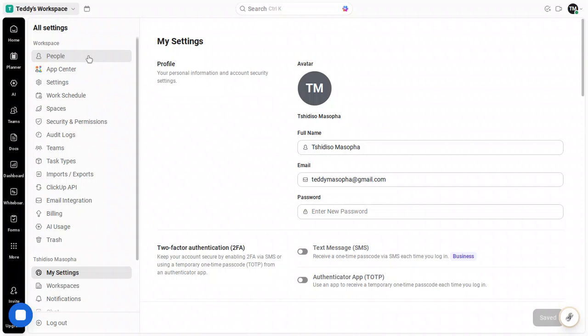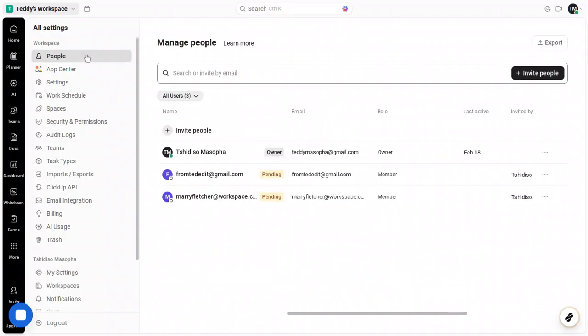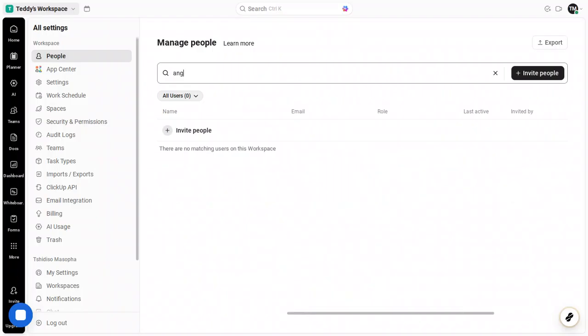Also, ensure you have permission to invite people. Typically, workspace admins and owners can invite new members. Some workspaces also allow members with specific permissions to invite guests. If you don't see the options I'm about to describe, you may need to ask an admin to enable invites